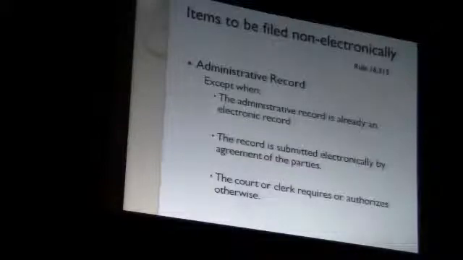There are some items that will not be filed electronically, and here we anticipate administrative records, except where the parties may agree to go ahead and go through the time to scan it in, or it may or may not have protected or confidential information. So there may be a point where parties say, let's get this in electronically, or the court orders otherwise. But for the most part, administrative